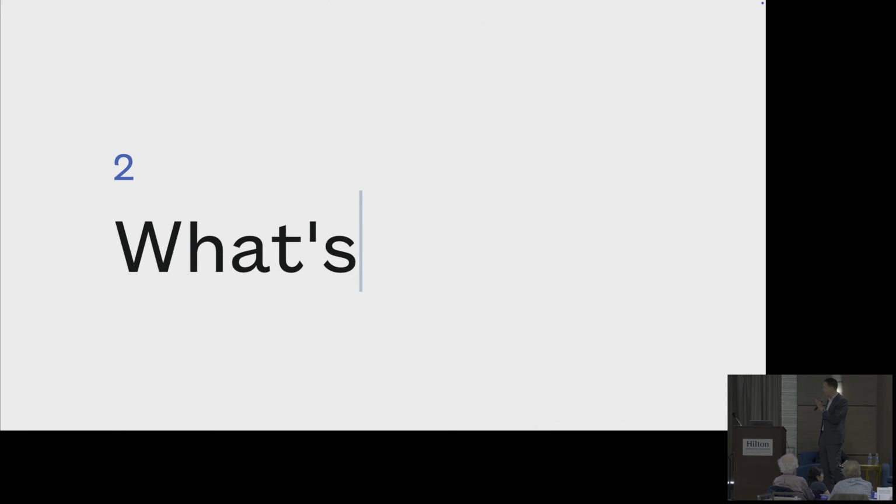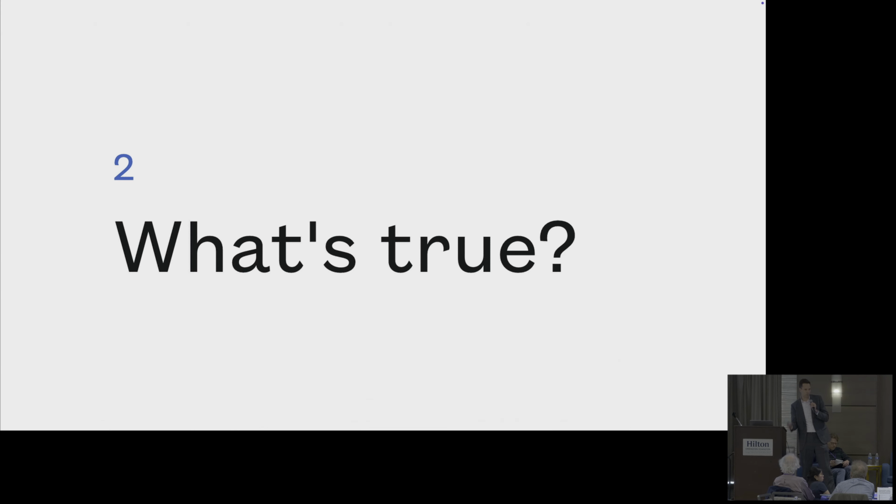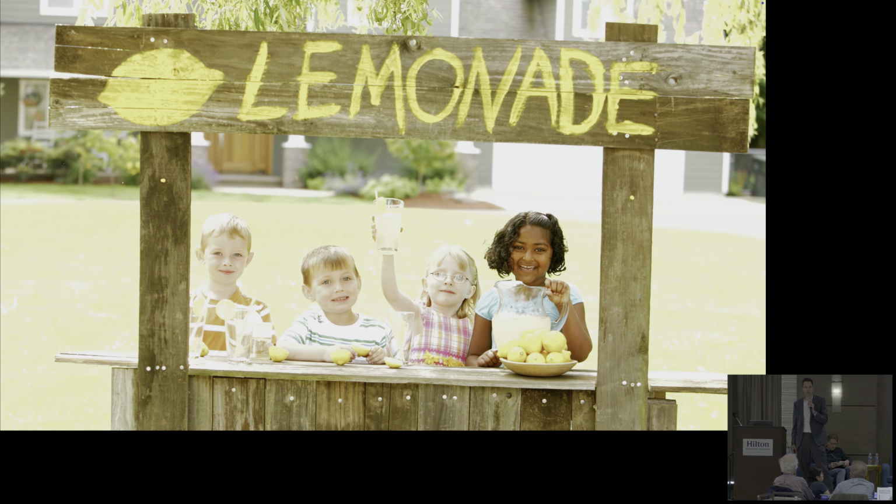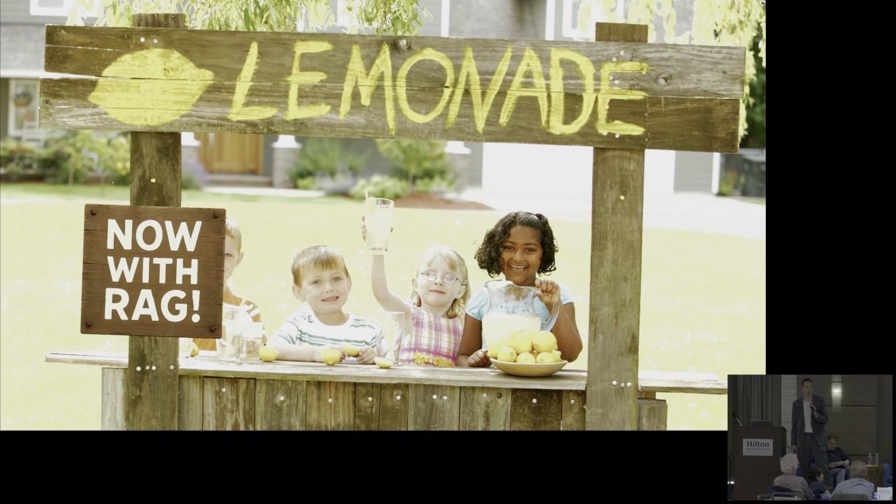So, two things seem true to me right now about the world of ed tech. One of them is that if you want any attention or funding, be it grant, philanthropic, venture, on anything you're doing, it behooves you to attach it to AI somehow, to make sure that people know that your lemonade stand has a retrieval augmented generation attached to it, for instance.